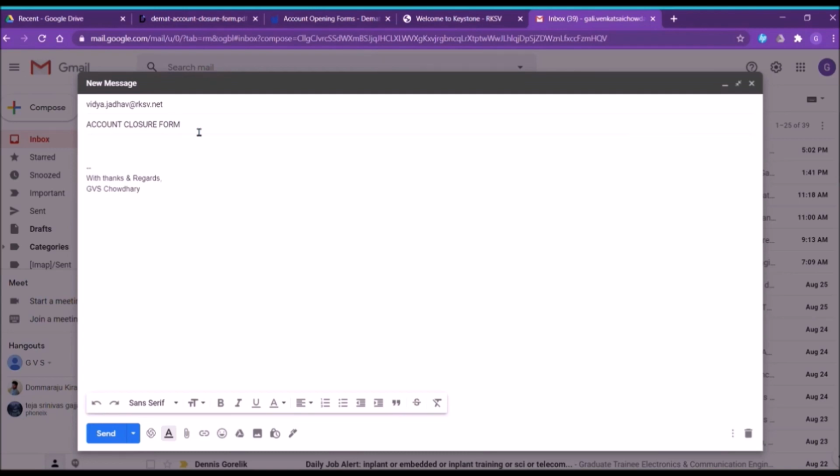Select your file which is edited and give the postal information here.